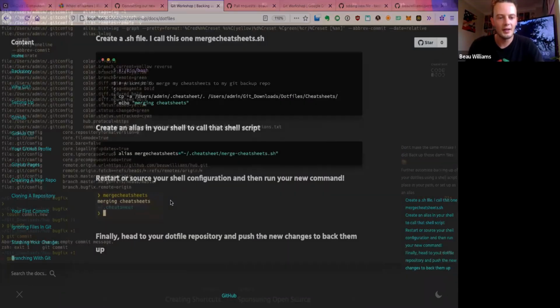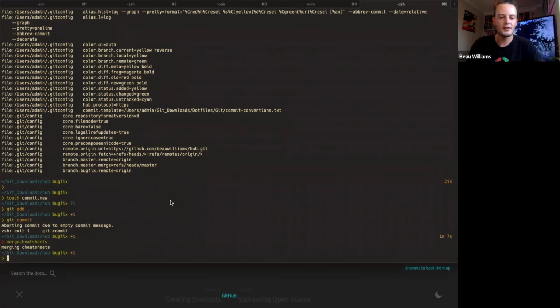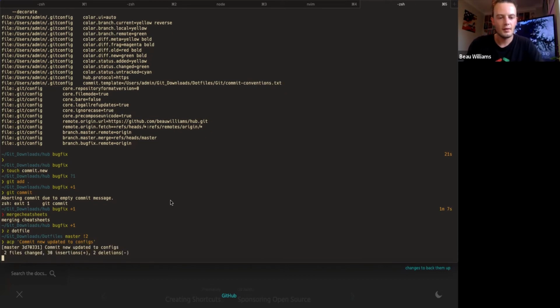And so I can go in here, and say I want to merge my cheat sheets, I can do that. And then I go to my .files folder, and we can see them in there, and then I can commit new updates to configs. And there we are.